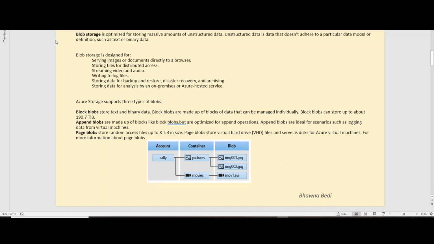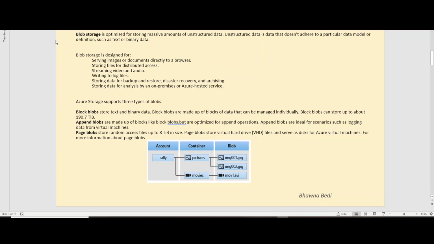We'll start with blob storage first. Blob storage, in simple terms, is basically used for storing your images, your videos, your log files, or your backups. But now let's see the technical definition of blob storage. Blob storage will store a massive amount of data in any kind of format. It can store your data in an unstructured or a structured format. It does not need a particular schema defined on the data that you are storing. That is the typical feature of a data lake, and similar is the case with blob storage here.